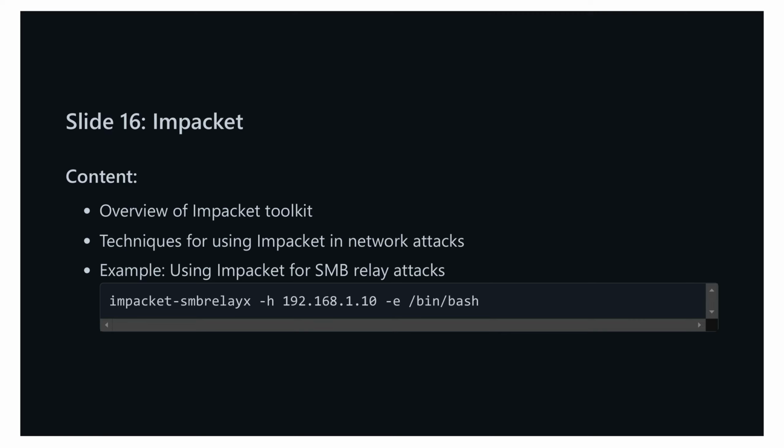Let's look at an actual command you could use. impacket-ntlmrelayx -t 192.168.1.10 -e /bin/bash. This command effectively attempts an SMB relay attack targeting 192.168.1.10, and if successful, it will execute /bin/bash on the victim machine. Moving on, in the next slide, we will discuss CrackMapExec, CME, another robust tool that simplifies the process of network reconnaissance and post-exploitation. Stay tuned as we dive deeper into how you can leverage CME for credential validation in network